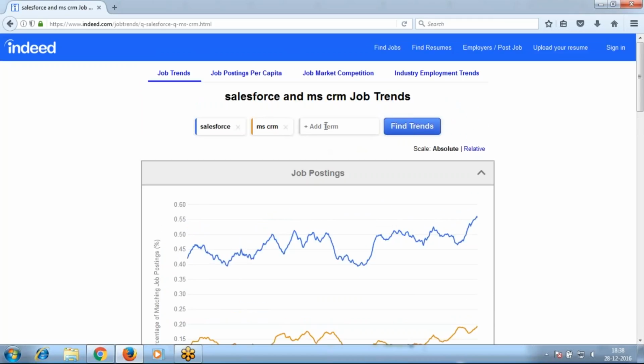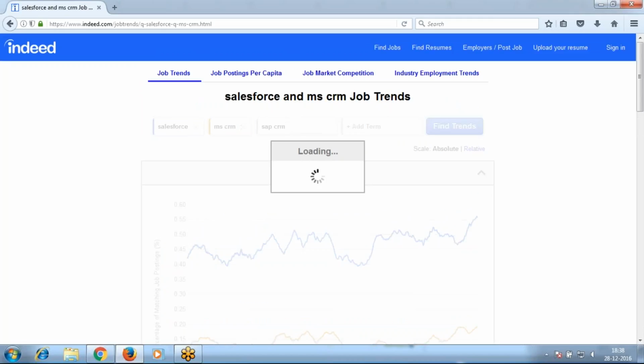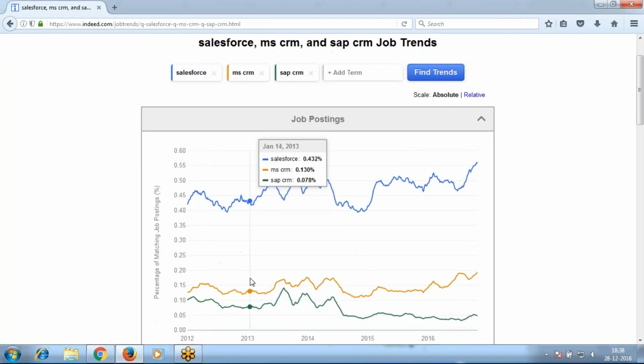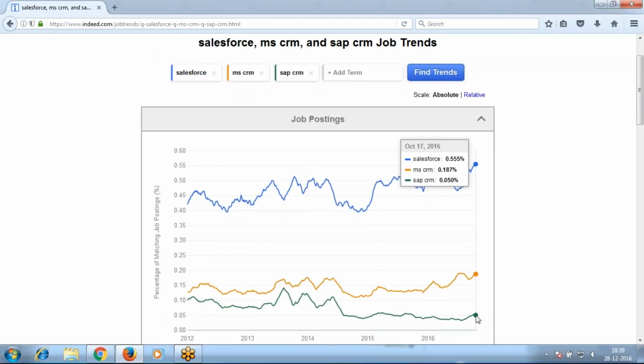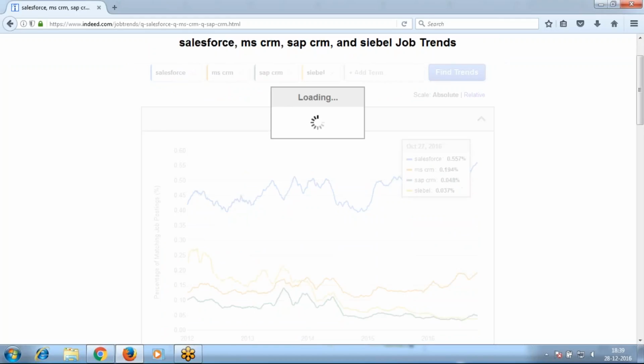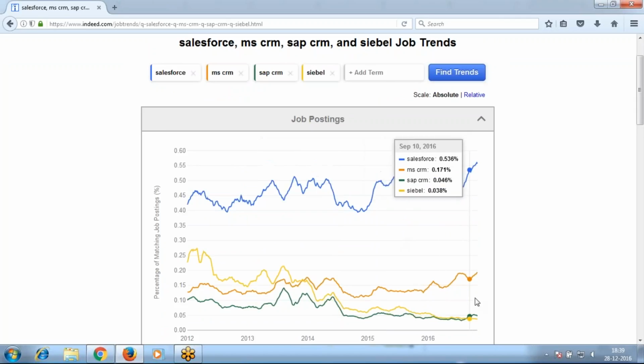And if you compare with SAP CRM, the SAP modules are completely saturated. Now we don't have any jobs in SAP. All companies are saturated in SAP. Very few jobs in SAP. In 2010, if CRM software meant Siebel CRM, they were using it. And see the Siebel demand. What is the Siebel demand? How does it exist? 0.038. It was the top portion in 2011 at that time.